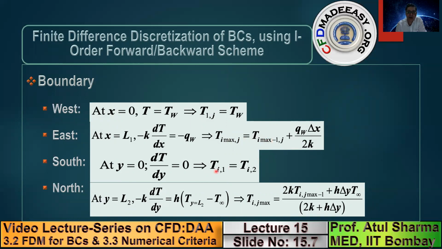In an insulated boundary condition, which is bottom wall, y equals 0, this is the blue circle value as a function of the nearest neighbor corresponding to the yellow circle. For the convective boundary condition, here again we are getting temperature at j max as a function of j max minus 1. Note that all these values which are on the left hand side, our objective is to obtain the blue circle value corresponding to the nearest neighboring yellow circle value.